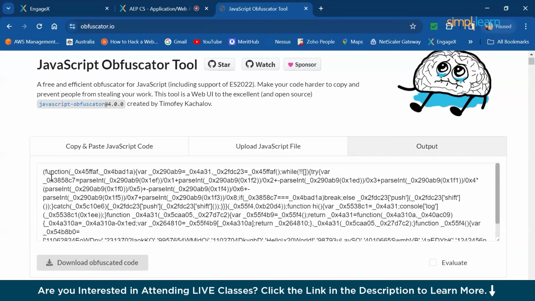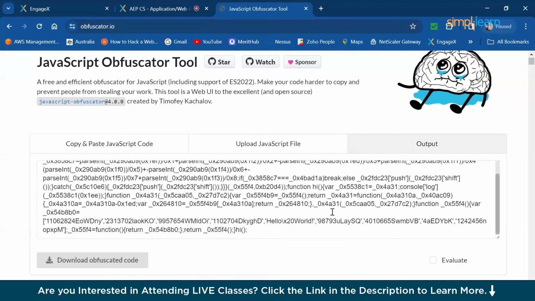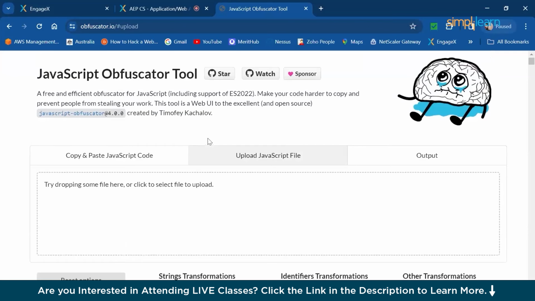You just know that some function is starting and here it's a semicolon. The rest you don't know. It's showing hello world somewhere here, distorted. So this was my example. If you want to have any other code, just try it, obfuscate it, you will see the output here. If you don't want to copy paste, just upload your file, obfuscate it, share it to anyone you want, ask